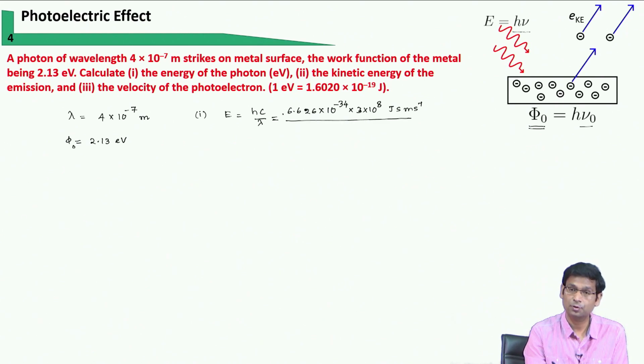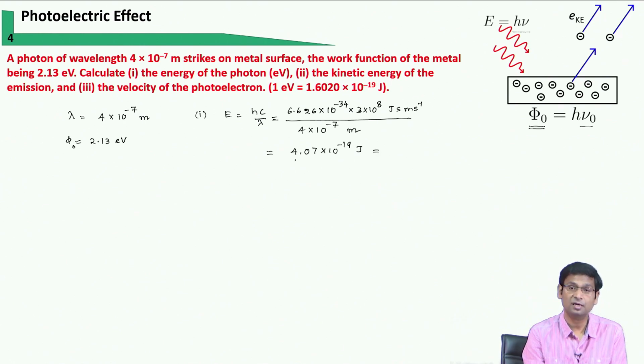So, it is a good idea to actually remember the result of this product hc in joule meter units, so that you can directly use them and you will be faster to solve problems. This is the energy; we already have used such an expression. When I do this, I would get 4.07 into 10 to the power minus 19 joule,